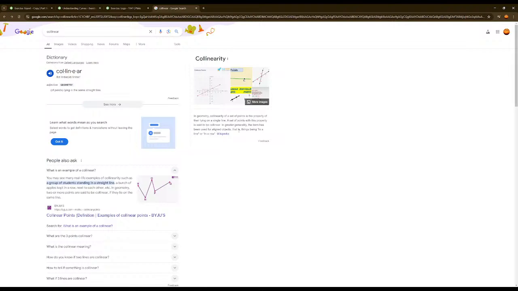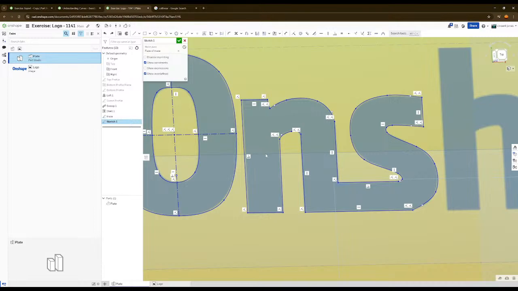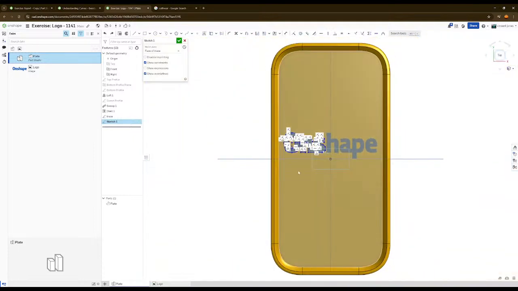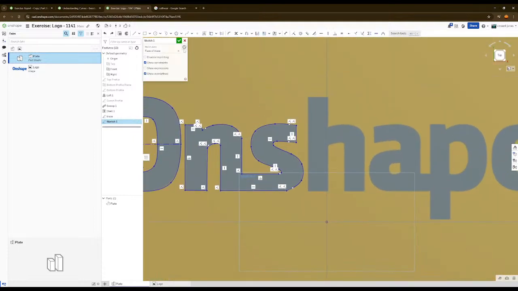So to make sure they're all aligned, but doesn't it just make them horizontal? Whatever. Okay. Okay, Onshape. Fair enough.